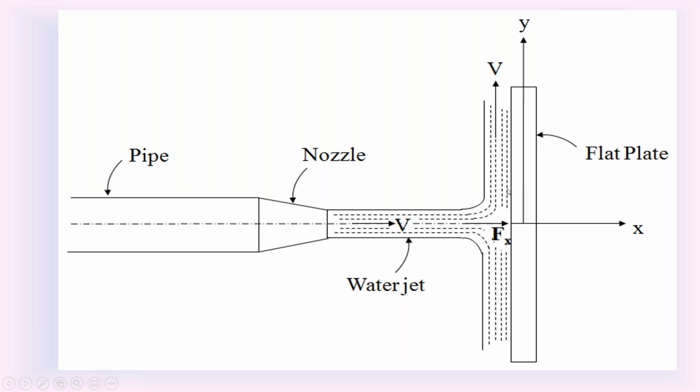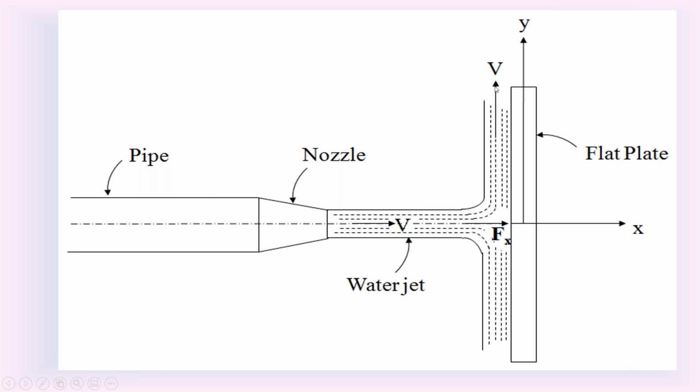the water jet is moving along the surface of the metal plate. Don't consider this downward motion. It is due to gravity. Neglect this downward motion of the water jet. Consider only this upward motion of the water jet. After hitting the metal plate, the water jet is moving along the metal plate in the vertically upward direction.